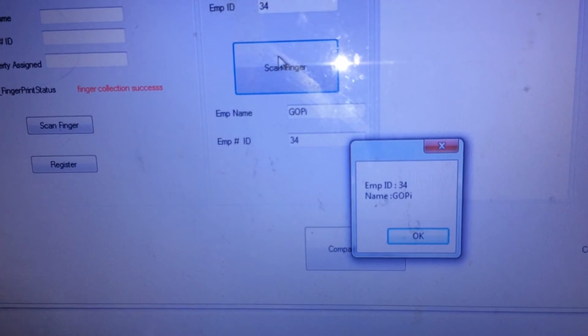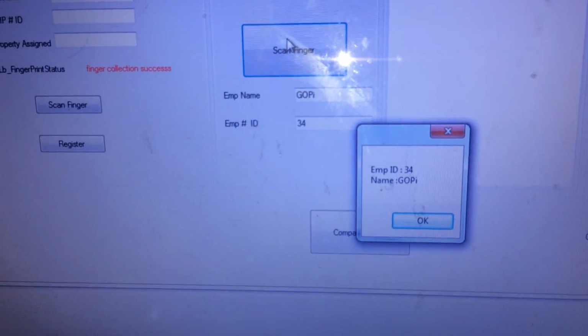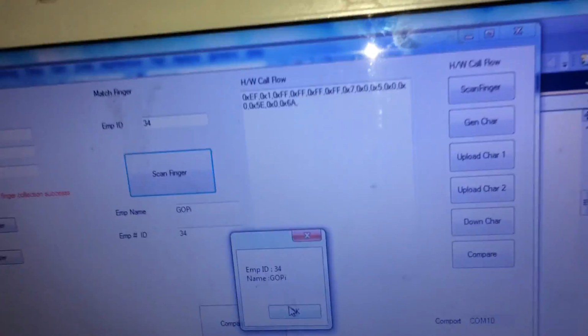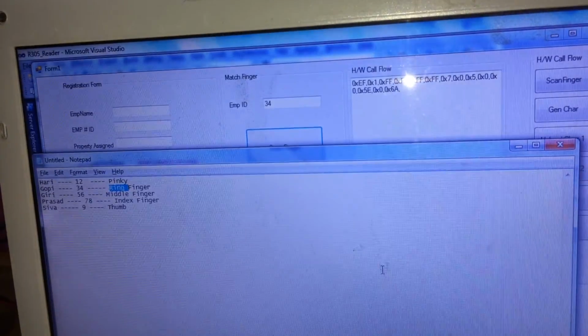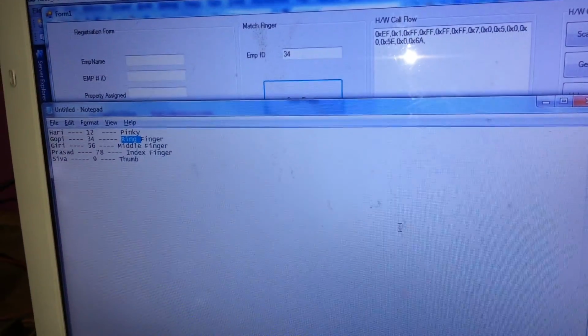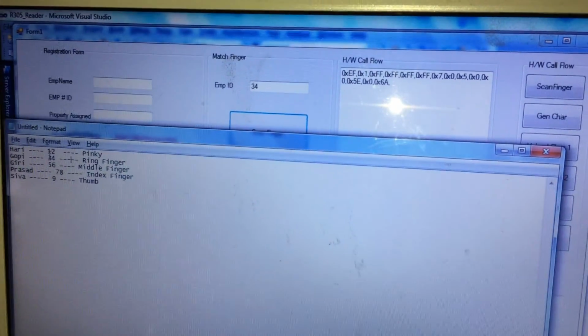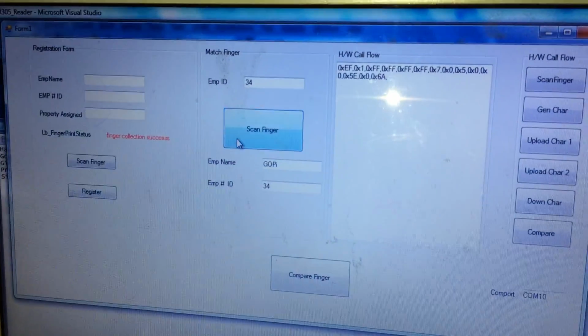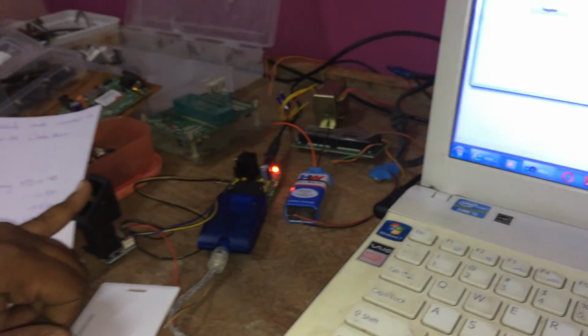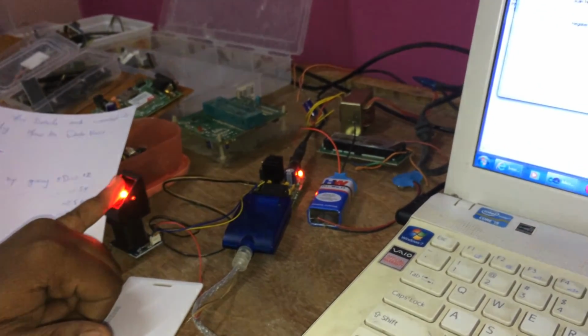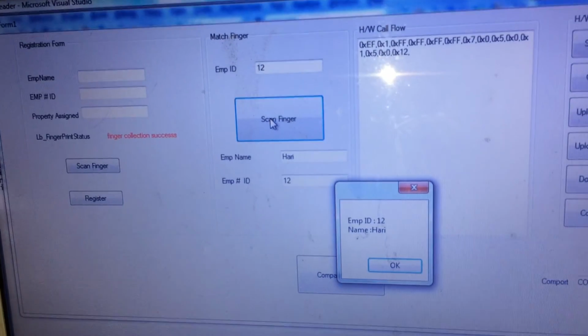His name is Gopi and employee ID is 34. So this is a proper one. This is how it will work. Whatever examples I showed, it's working properly, and we can cross verify once again with employee ID 12. I gave employee ID 12 and gave the pinky finger to scan, and you see at the screen side,